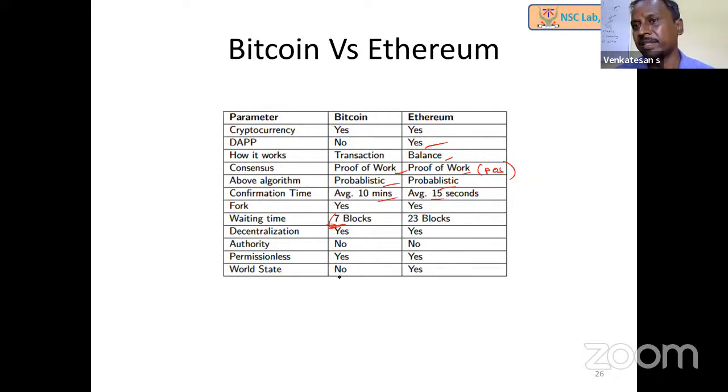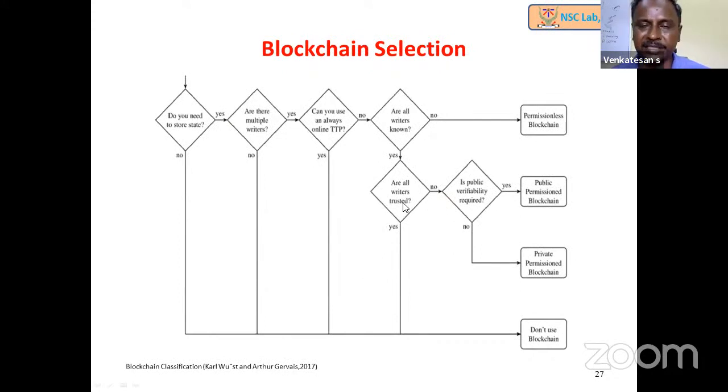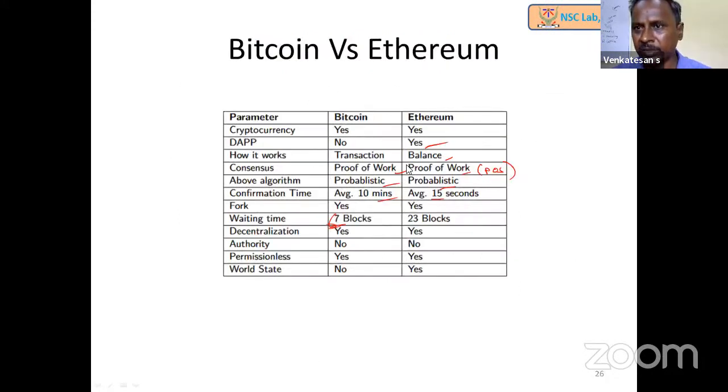Bitcoin does not have the world state. The world state is the mapping between the account number and the details. That's the account balance, which is present in Ethereum, so that we can find out the account balance from the latest block, with no need to traverse. However, in the case of Bitcoin, we don't have that facility. If I want to find the balance, I have to go through all the transactions. So this slide is pending. I will take it up in the next session or at the end of the next session. Right now I am stopping here. If there are any questions, we will discuss.